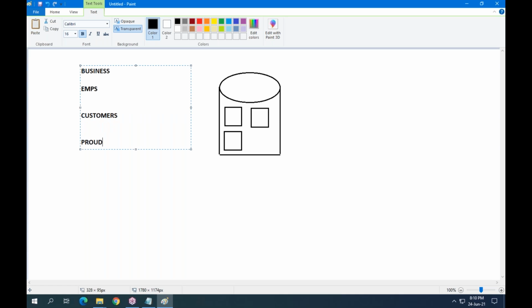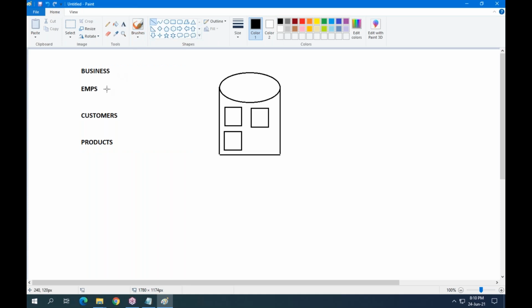Assume I am taking three objects. All employee data is stored in one table, customer data in another table, and product data in another table. For each object's information, we have to maintain a table.